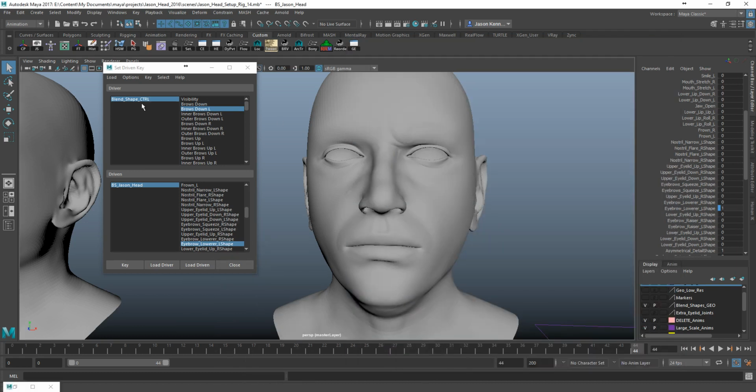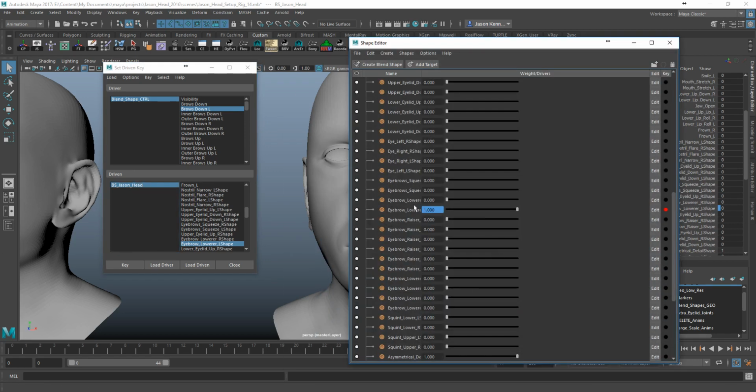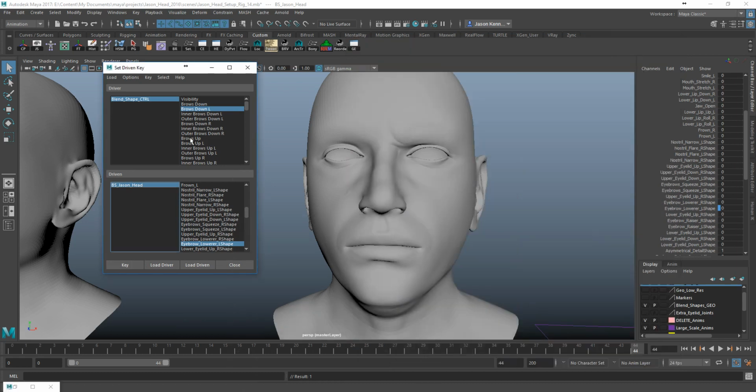So what's happening now is if I look at this, when I increase this value to 10, I want the corresponding value here of eyebrow lower left shape to be at 1. Now that's not really showing up here because I made that change inside the shape editor. They don't actually correspond together. That's a little bit confusing actually. I never noticed that, but they're not really corresponding to each other. But if you just make the change in one location, make sure to keep doing it in that same location, I guess. So what I'm going to do now is just press key,